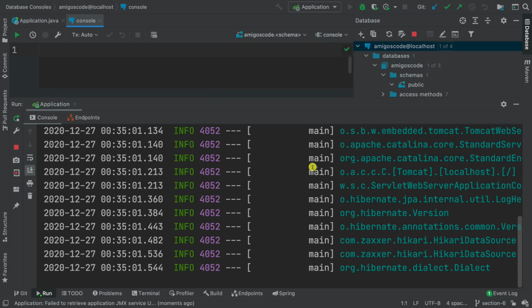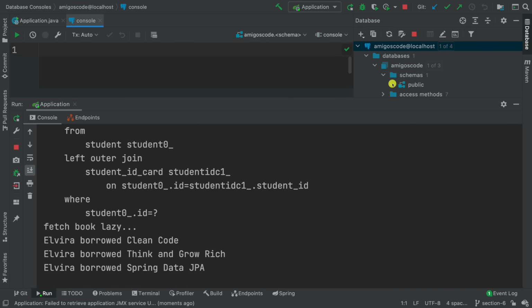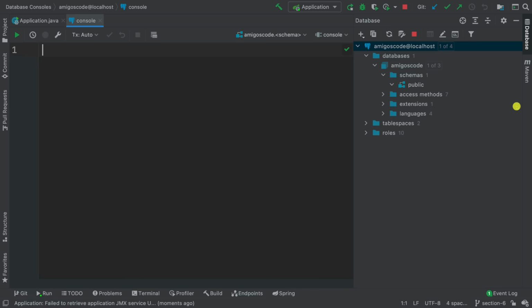And by the way, you don't have to do this. I just want to show you that from here we will get the tables, and then we can perform some queries. So there we go. So you can see that the application started, no issues. If I collapse this, and now if I refresh,